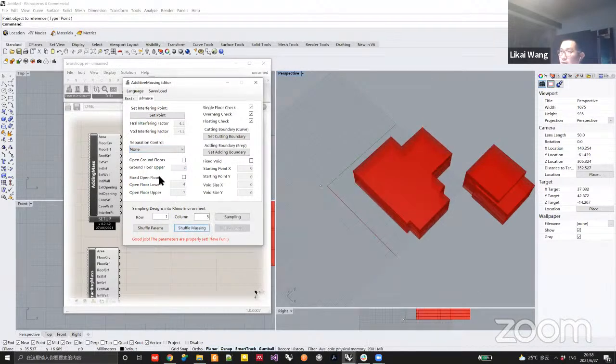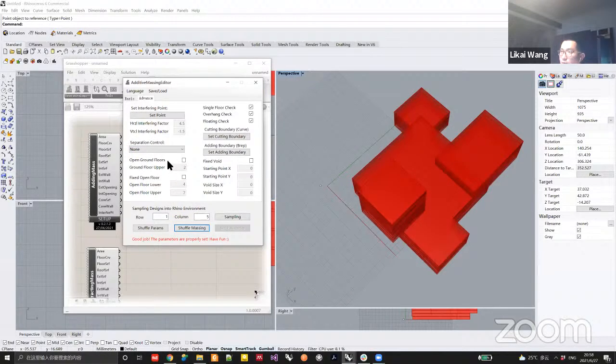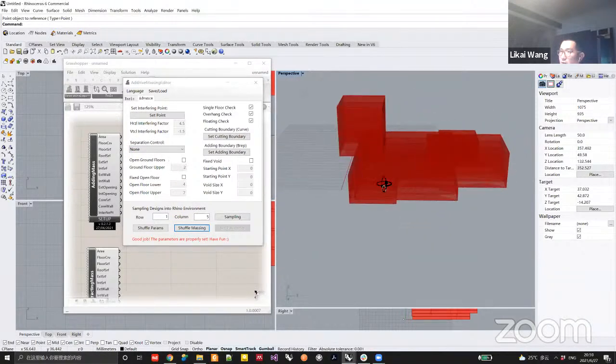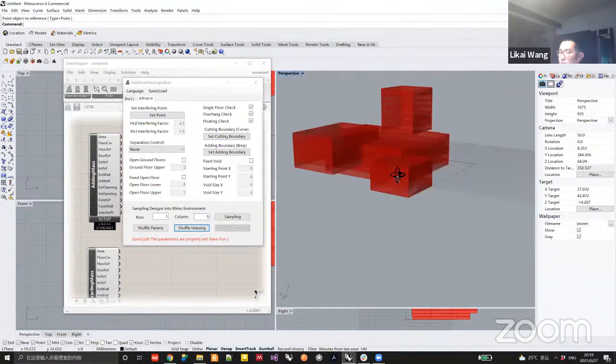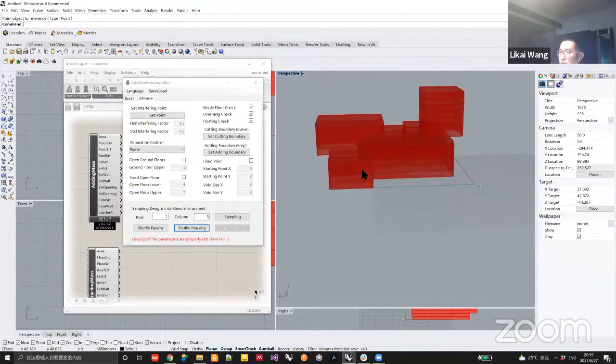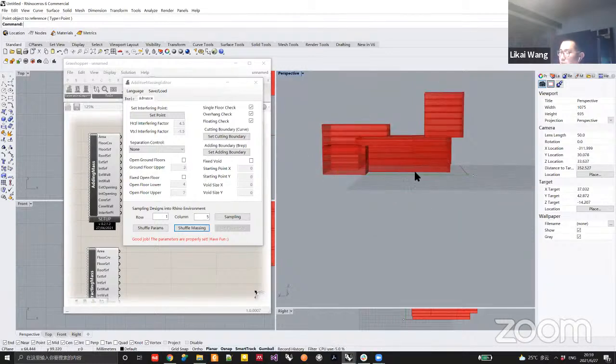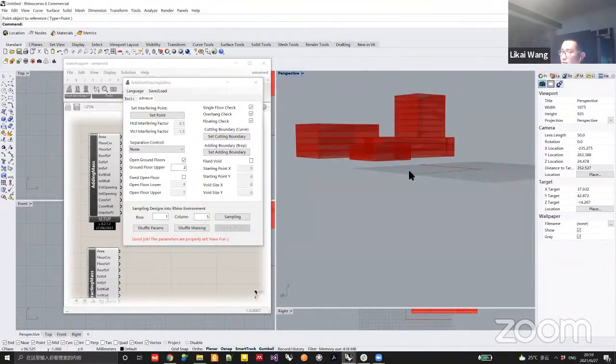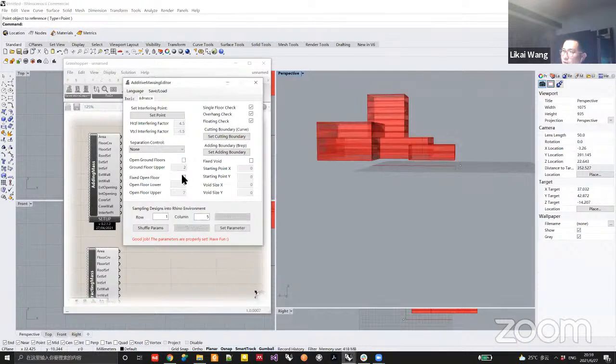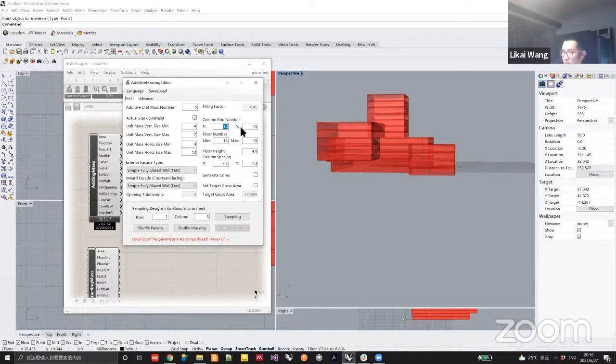And the next part is the open ground floor. This is actually also not a very useful function, but it is required by some users, because in some cases the user wants the building to be totally overhanging from the ground, so you can set this to make the building just float in the sky, float in the air. And you can also, for example, if you generate a high-rise building,